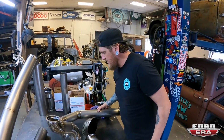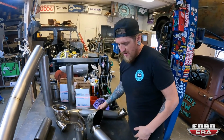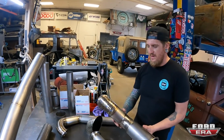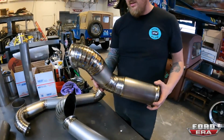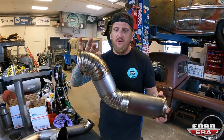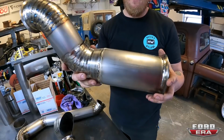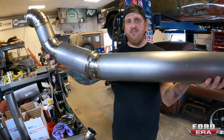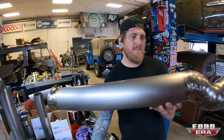Going into that. Yep. And then after all that fun stuff, it's gonna come out. It's gonna discharge. So then it's gonna be coming out of the turbo housing. This is our downpipe, 3.5, nice super tight radius. Then we start bumping out to 4-inch, and then we got a nice piece of 4-inch coming out of here,